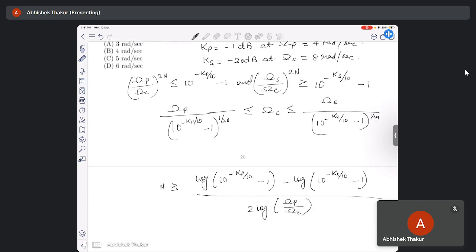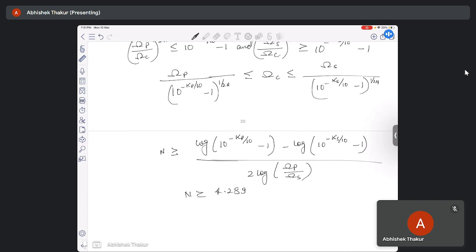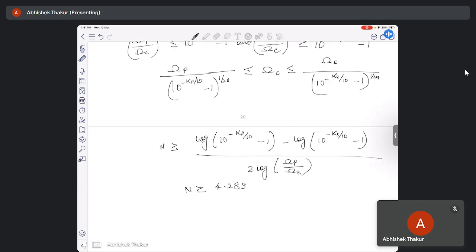And after substituting all the values, we will get N is greater than or equal to 4.289. So to ensure the stop band tolerance requirements are met, we choose the smallest integer greater than this value. So our capital N is equal to 5. And by substituting this into the cutoff frequency inequality, we get,